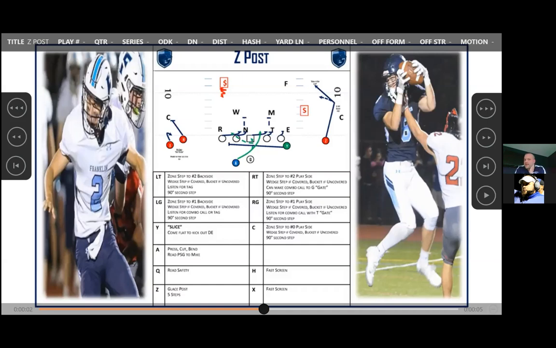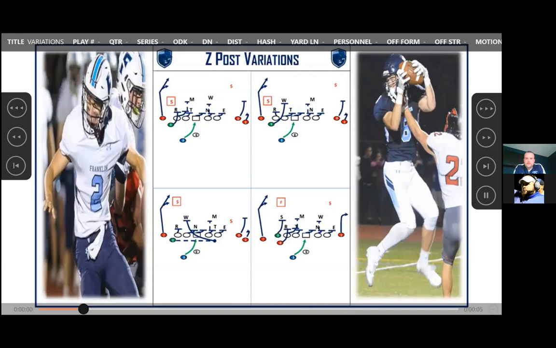On the backside, usually we're running just a fast screen, just a pre-snap alert. If it's out there and you like it, throw it. We did throw 1 or 2 of those on the year, but I did not include that on this film. And then here's just what I was talking about with the tight ends, how those variations can look, whether he's just getting in on this end, he can motion and come back. You could go 2 and give that duo run scheme, or have him slip in and fold. So there's just a lot of variations.